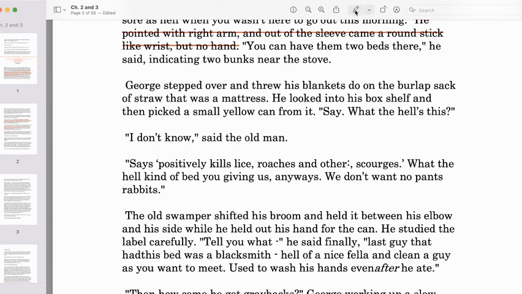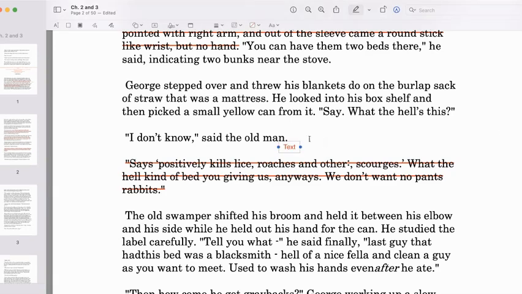I definitely want to highlight this. Inside this beautiful bunkhouse and their sad bunks where they're living 8 to a room, with an apple box for a shelf, there's some sort of spray that kills lice, roaches, and other scourges. So this is the situation that these men live in, where they need that near their personal belongings. So poverty.